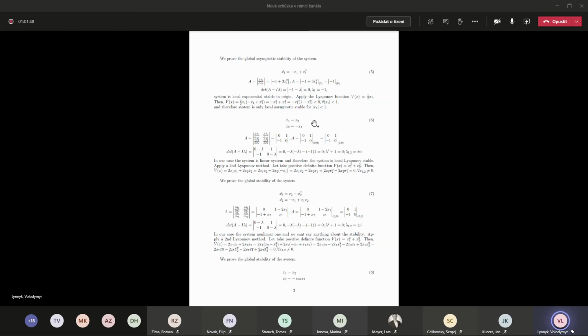The next example is a linear system. It is an approximate linearization of